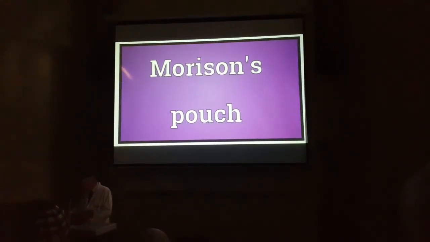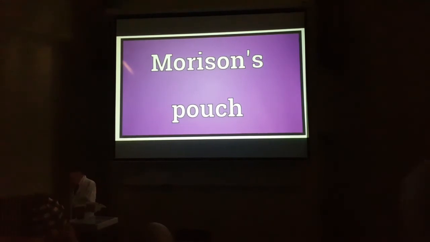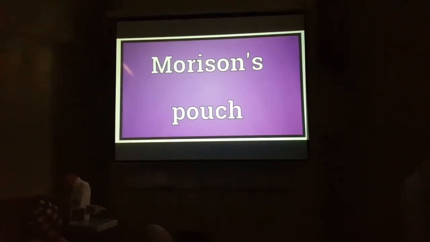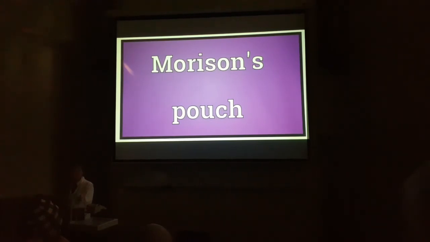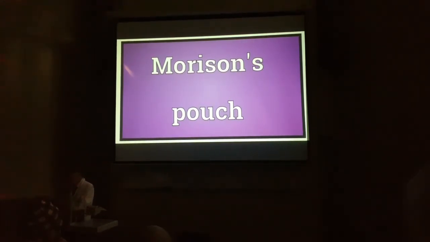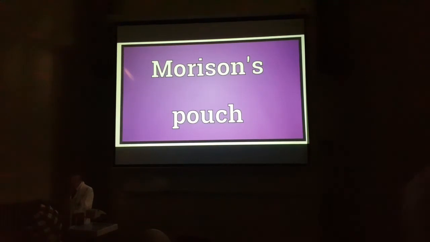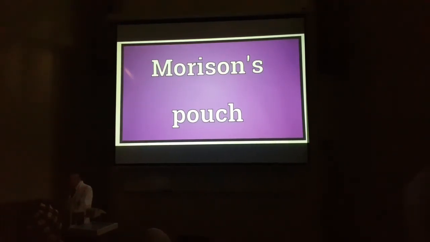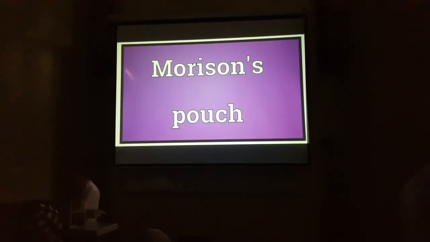This is what we hate the most. Why do we hate this? Because it is difficult to reach. There's fluid in the abdomen, it coagulates, gets jelly-like and solid, and it has to be taken out. But the space is deep and difficult to reach.